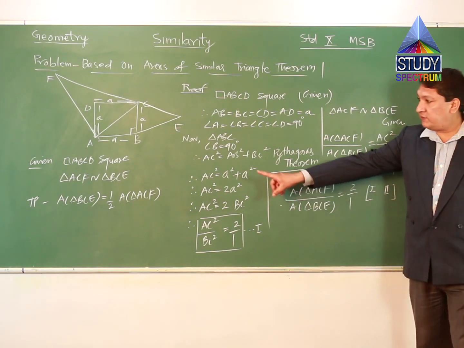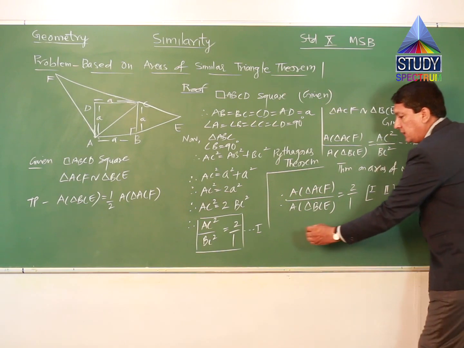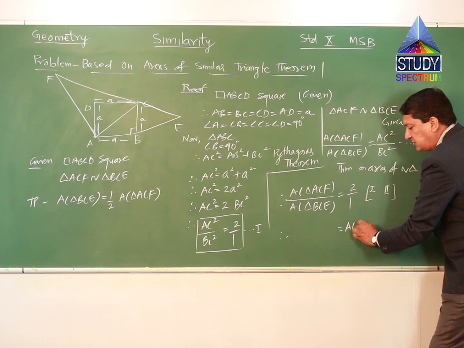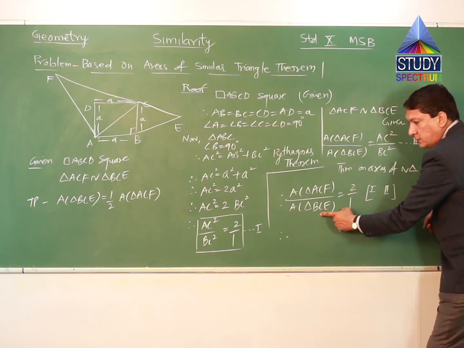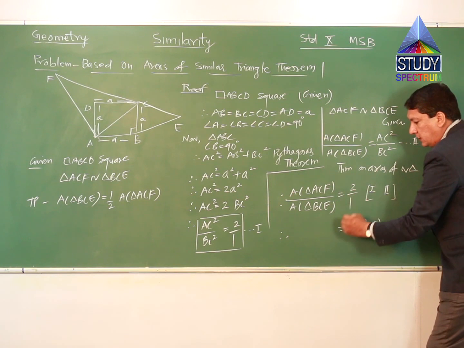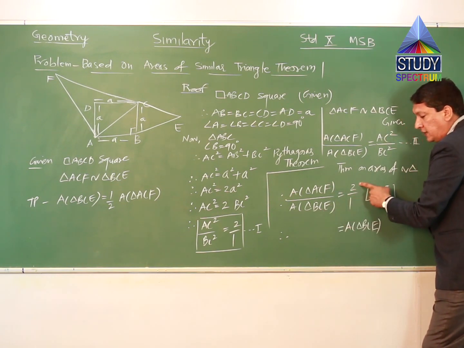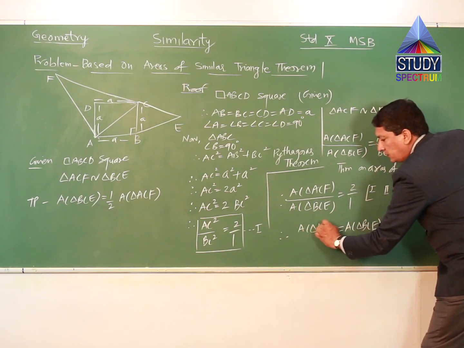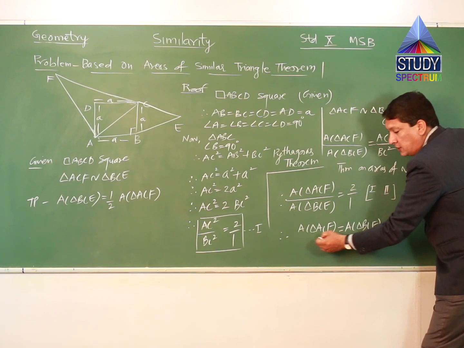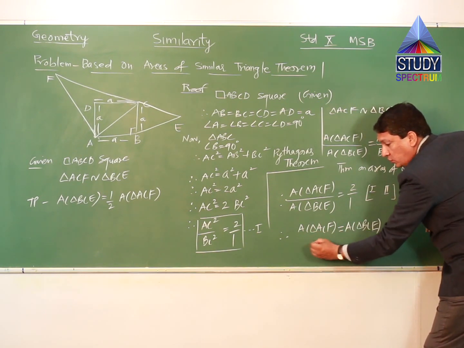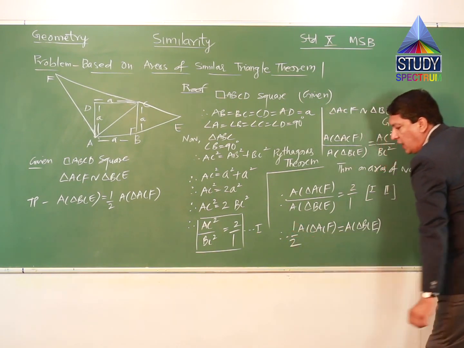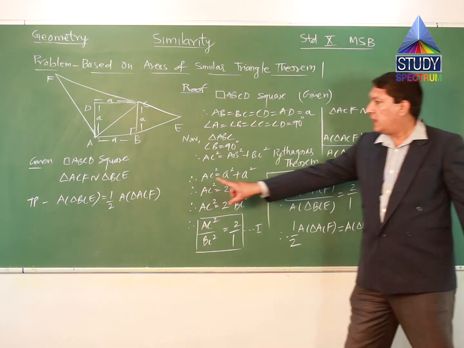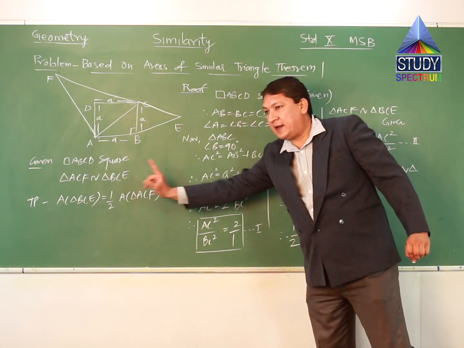Now look at what we need to get the answer. We require BCF on the left hand side. Therefore, I am taking this BCF to this side. So I can write area of triangle BCE equals 1 multiplied by ACF, so we get area of triangle ACF only, and this 2 will come in the denominator. So instead of writing 2, I can write half also. So half area of triangle ACF is equal to area of triangle BCE.